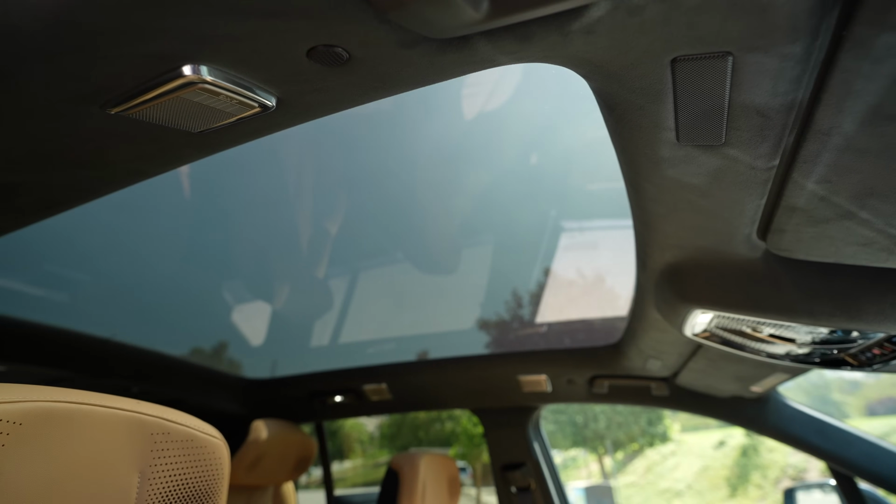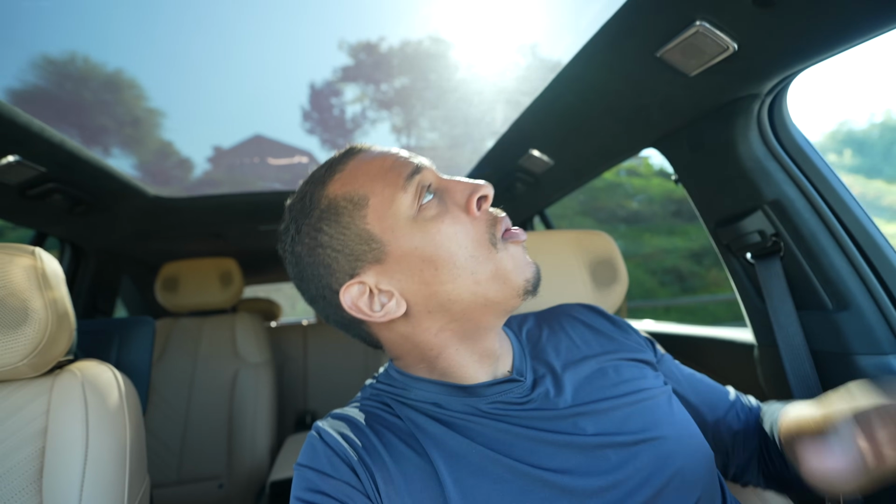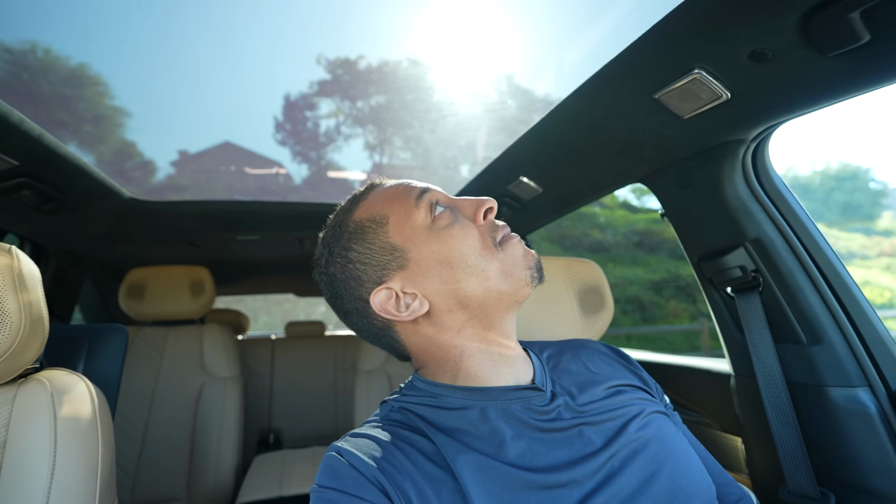Now this next thing is a like and it's a dislike. And it's gonna have to be this all-glass panoramic roof, which is legendary in design. Modern, futuristic, I'm rocking with it. I wouldn't change it for the world. So what am I talking about then, y'all? What am I getting to? What am I trying to display for y'all to digest? Well, it's the fact that you see the sun right here coming in and interrupting and disrespecting my video, which